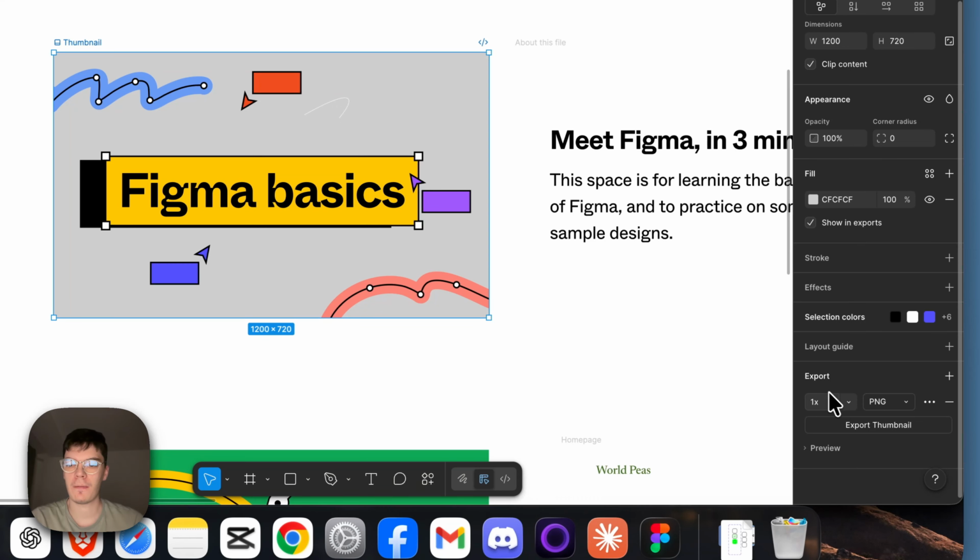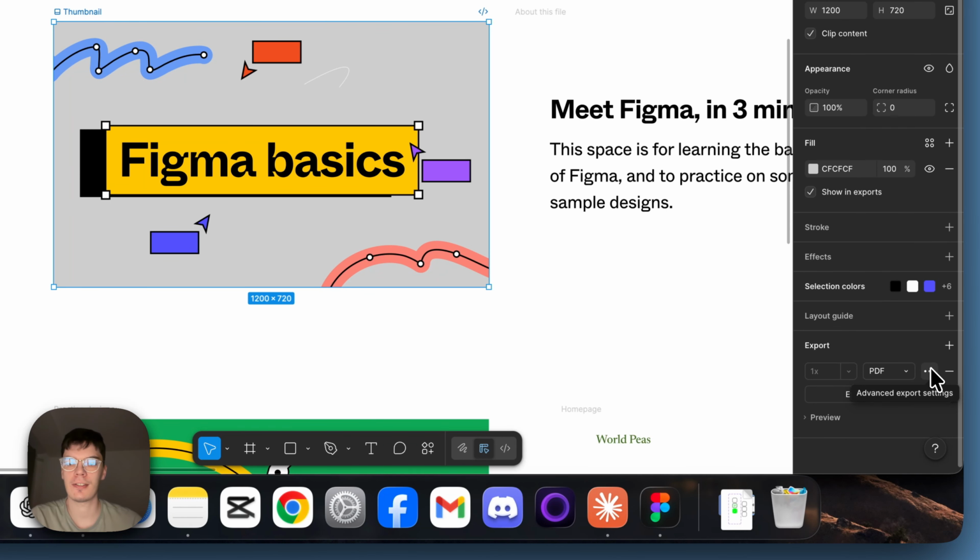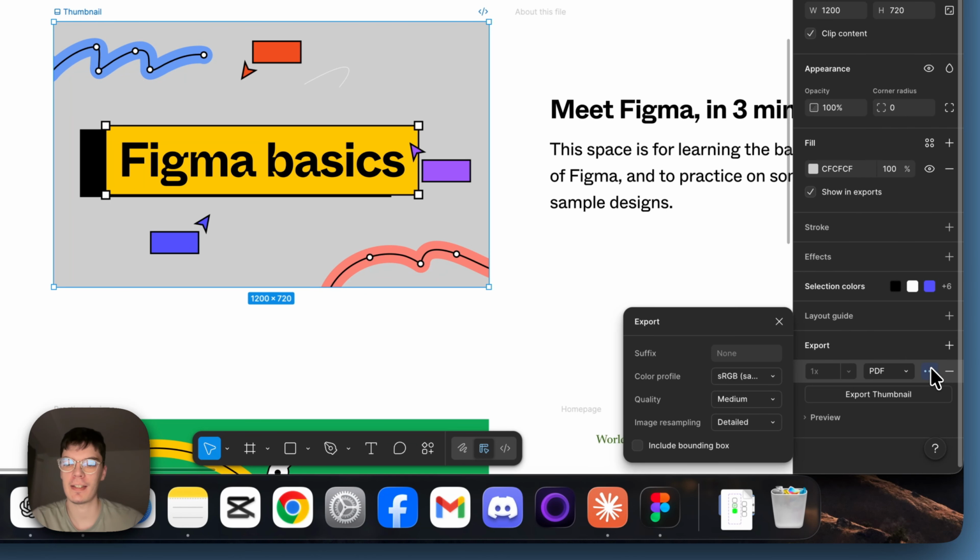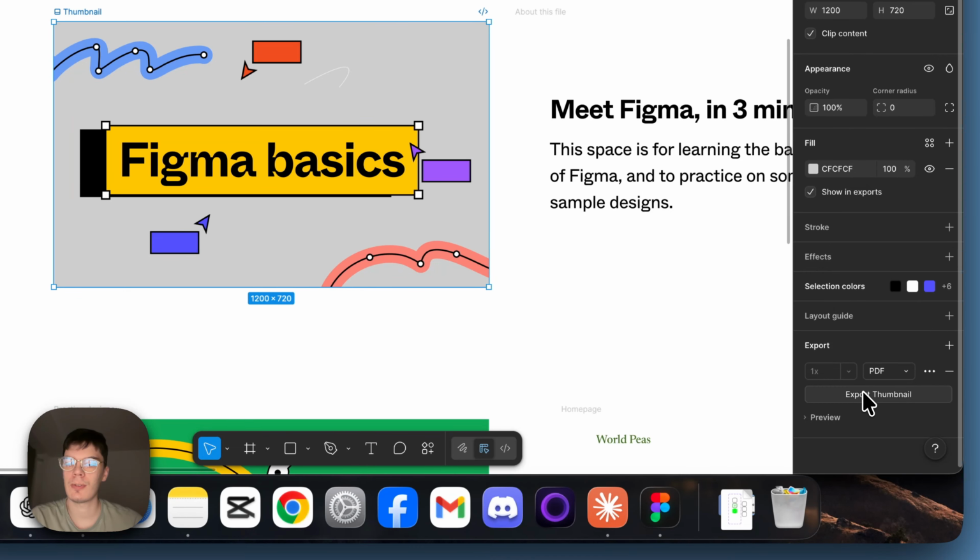You don't have to change anything on this left side, but we want to click here and select the PDF. As you can see, this cannot be changed. If you click on these three dots, you can see advanced export settings, and here are some more settings. The quality, you can change it to low or high as you want, image resampling, and if you want to include bounding box. So I'm not going to change any of this, and I want to click on export thumbnail, and